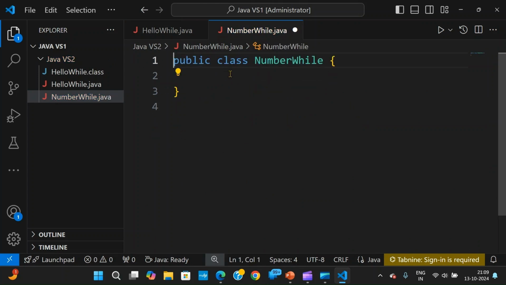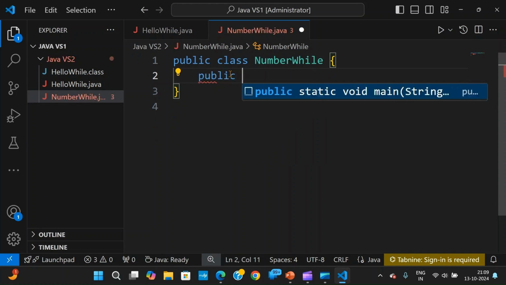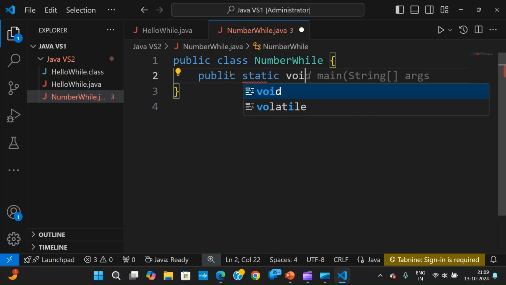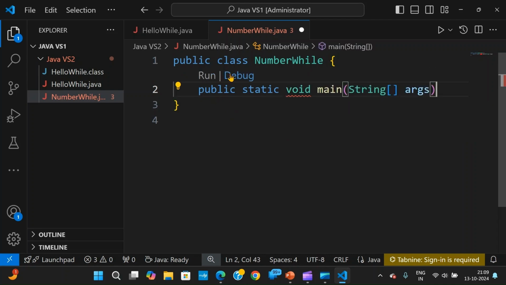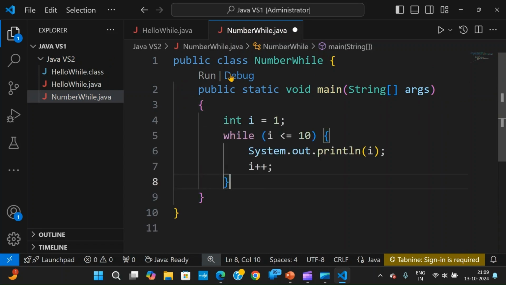So public class NumberWhile, then public static void main. Now here you can see int i = 1, while i <= 10, System.out.println of i. So here again the condition checking: 1 is less than 10, true, then you print this i value, then increment